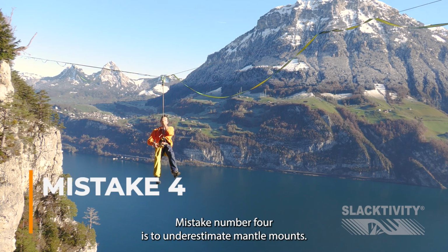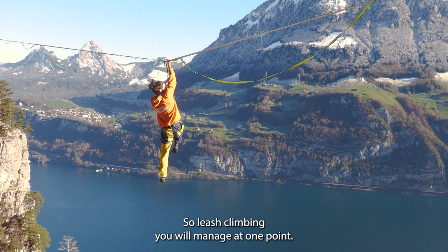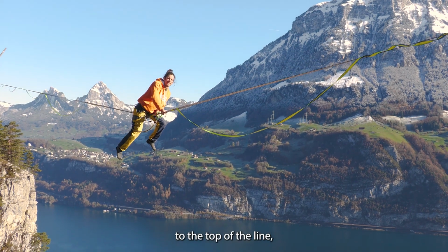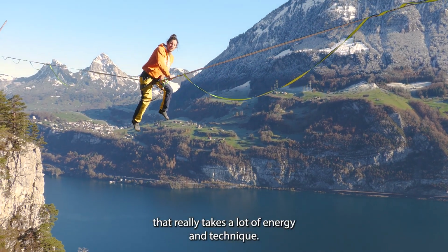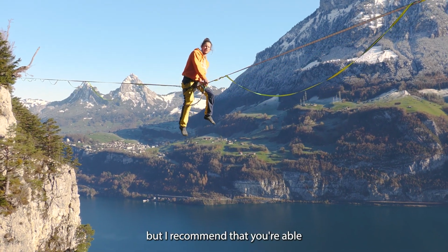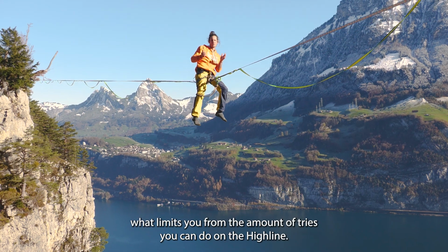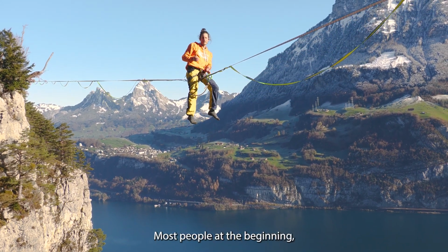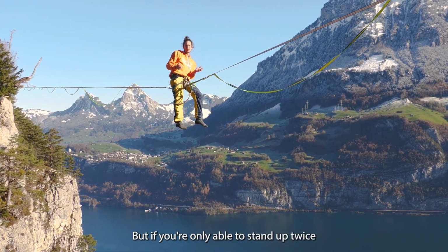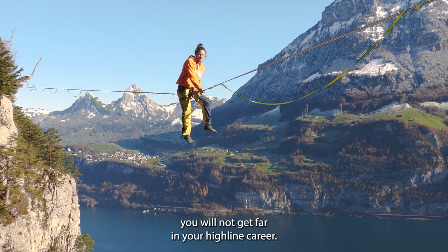Mistake number 4 is to underestimate mantle mounts. Leash climbing you will manage at one point, but getting from here to the top of the line really takes a lot of energy and technique. It looks super easy when I'm doing it, but I recommend that you're able to do at least 10 in a row, because this is what limits the number of tries you can do on the highline. Most people at the beginning concentrate on standing up and walking, but if you're only able to stand up twice because you can only do 2 mantle mounts,